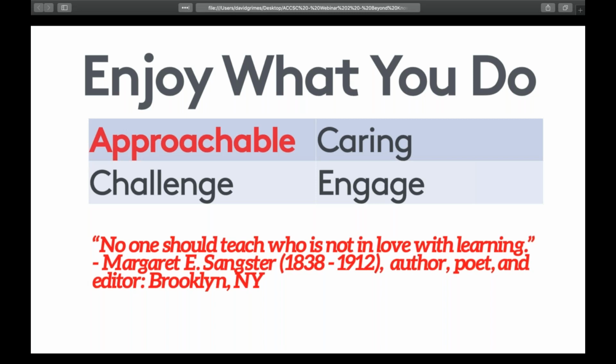The one thing I like to mention too about approachable is be mindful of trait transfer. So what's trait transfer? It's a concept where what you say about other people, in this case other students or coworkers, influences how people or students see you. So I'm going to take a stereotypical faculty lounge: you're sitting there complaining about how obnoxious the students are. There's a real good chance that you're going to be considered obnoxious. It's this thing called trait transfer. So if you're always complaining, people are going to transfer those traits onto you.